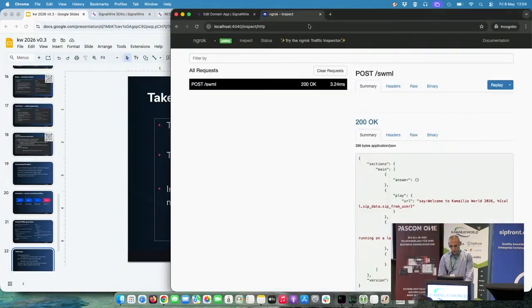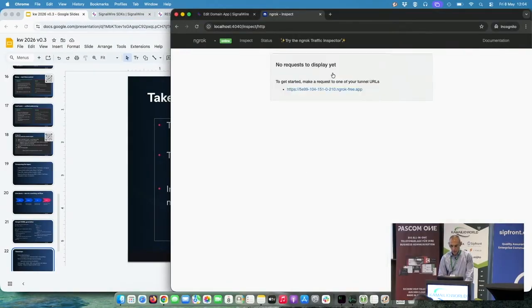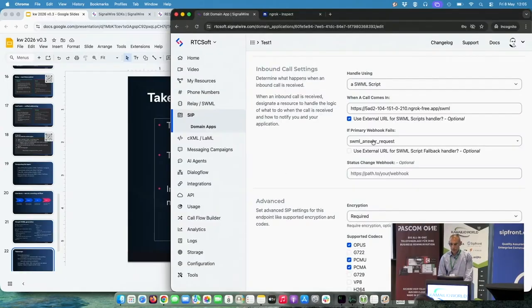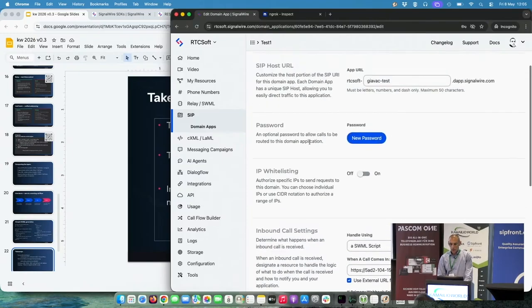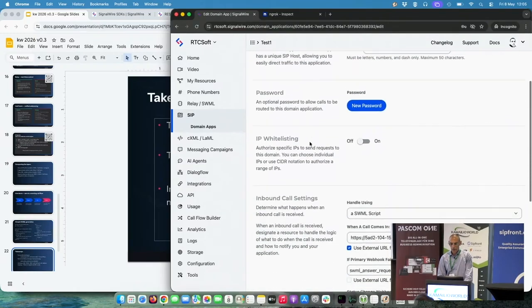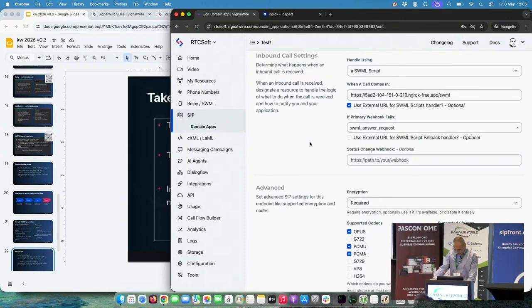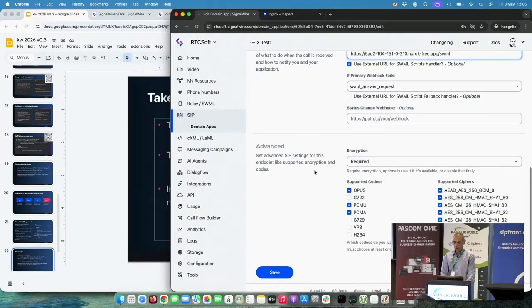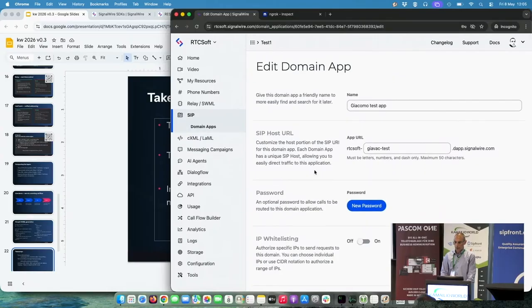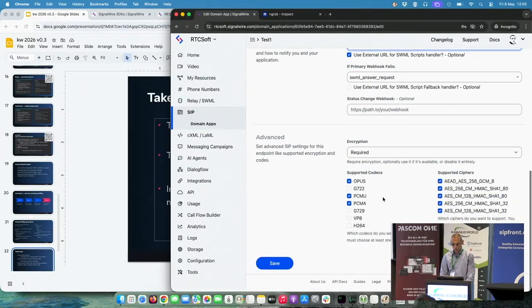And then I have in another tab, we will see a little bit of metadata from the ngrok debugging interface. And this is where I'll define the behavior for my application in the dashboard. This can be done programmatically, it's just easier now for this demo to do it manually. And this is where I set up the external SWML script that will be called when that SIP domain is actually called. So let's see